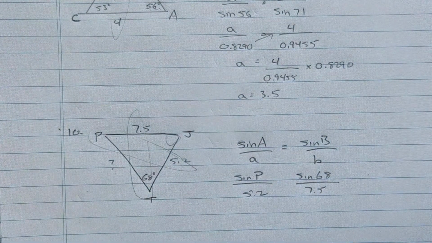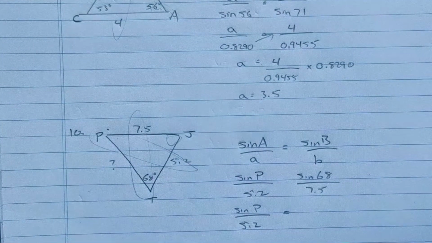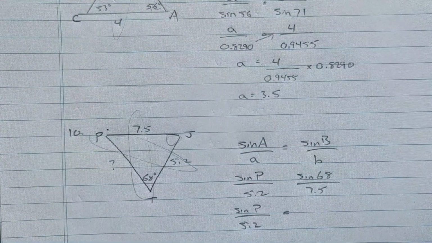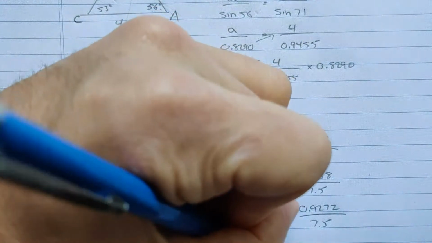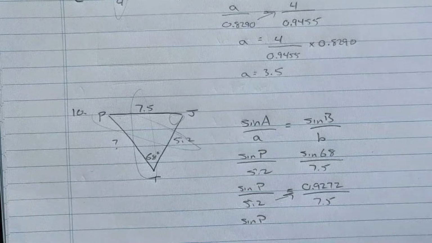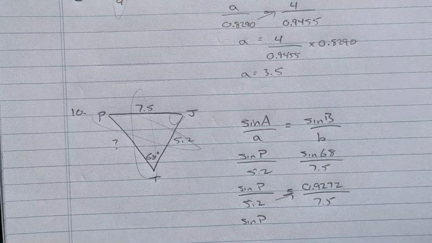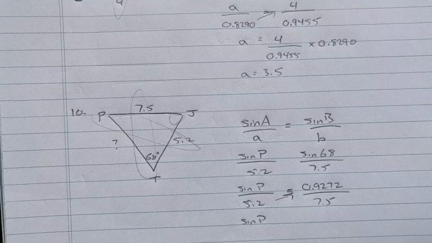And then again, same idea. We're going to convert this sine 68 here down to its decimal equivalent, and the sine of 68 is going to give us 0.9272 over 7.5. And now we can just cross multiply that, and when it works out all together, so I'm just going to skip a step of writing it down here, just to make this a little bit of a shorter video, because it can drag on. 0.9272 divided by 0.75, and we get, so our sine P,